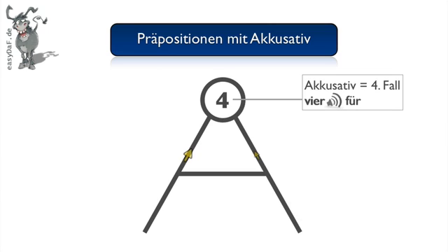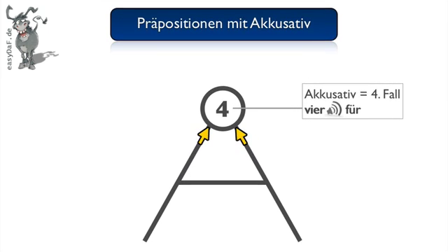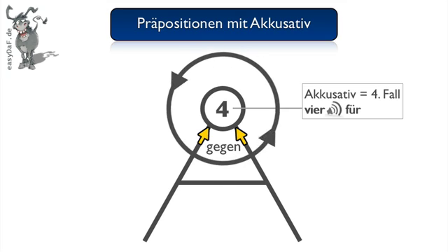So, next one is, look at these 2 arrows. They go against our little circle. So here's represented the preposition gegen by those 2 arrows. Next one is this circle. It turns around the 4 in the middle. So this is why this circle represents